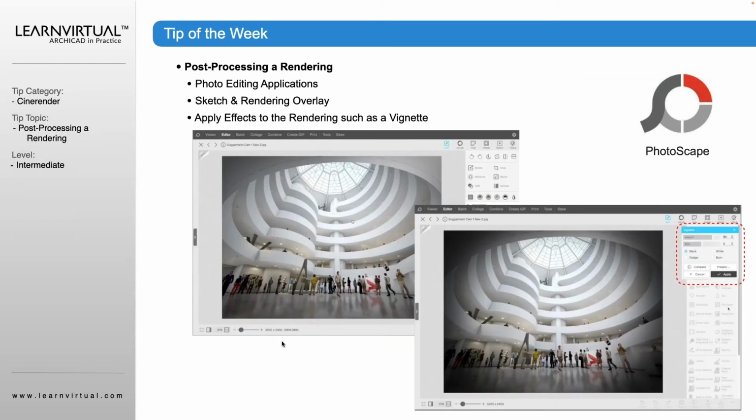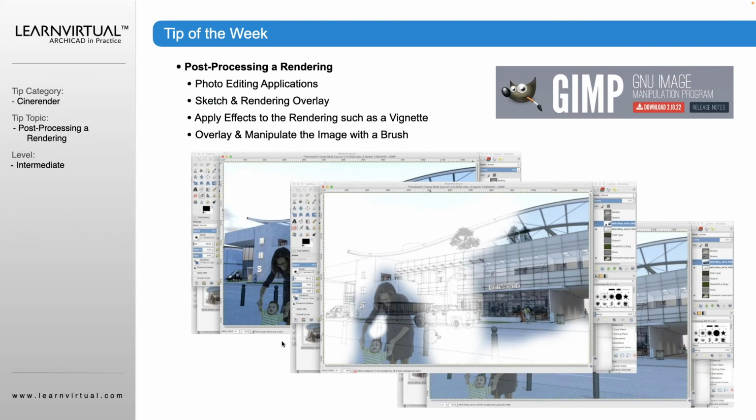If you're using something like Photoscape, as an example, they have a really great vignette. You can do the same thing in Photoshop too, a vignette effect that can create that sort of darkened edge for you. And GIMP also has a nice effect. Again, you can do the same thing in Photoshop, but this is one of the things that they can do, where you create that effect of